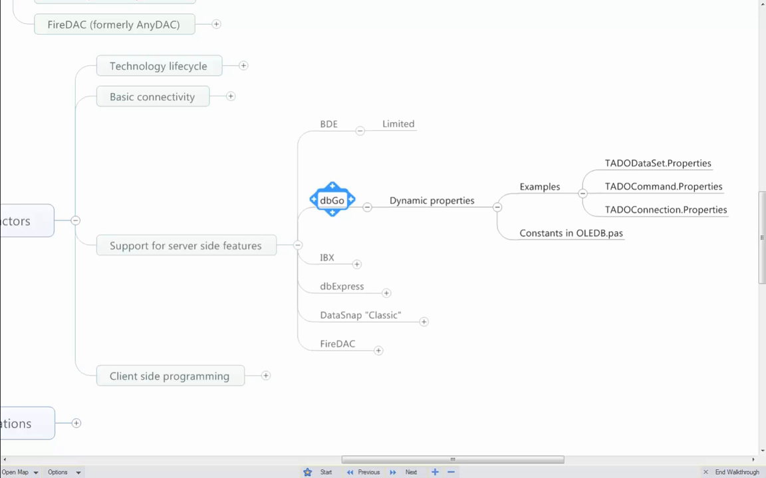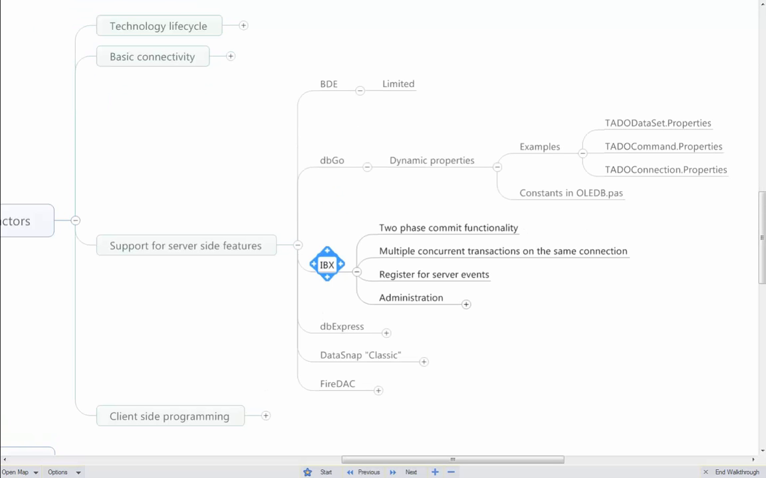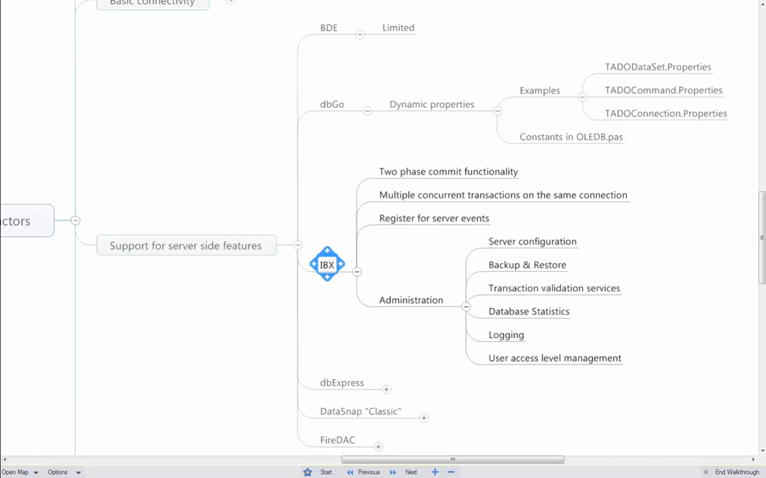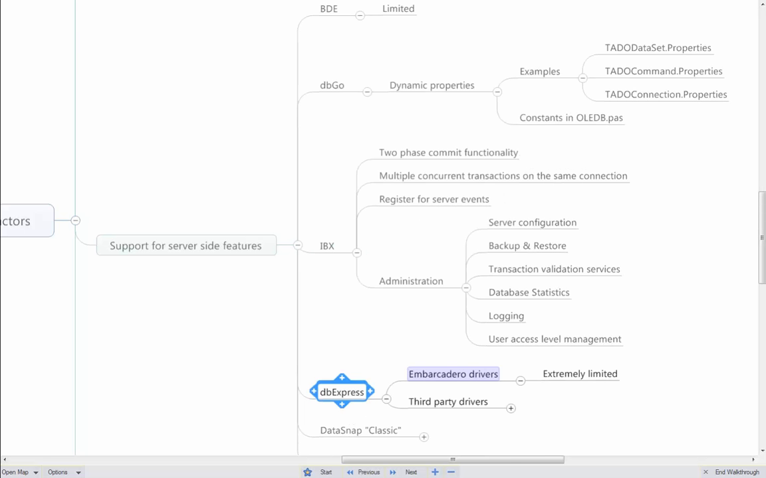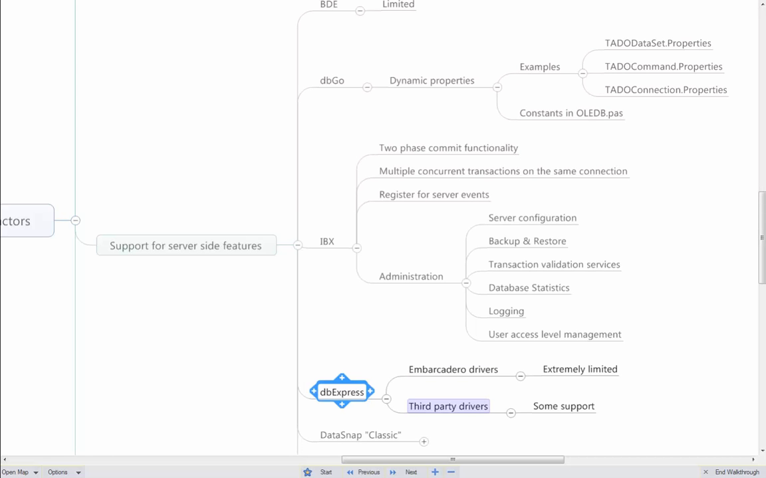and set server-specific values. Interface Express, as you'd expect from a library that's written exclusively to access a single database, has excellent support for Interbase's advanced features, including Interbase's advanced transaction features, server events, and full access to the administration features of the Interbase database server. dbExpress, when you're using the Embarcadero drivers, you have extremely limited access to server-based features, really none at all. With the third-party drivers, there's a few that give you some limited access to some of those features, but still